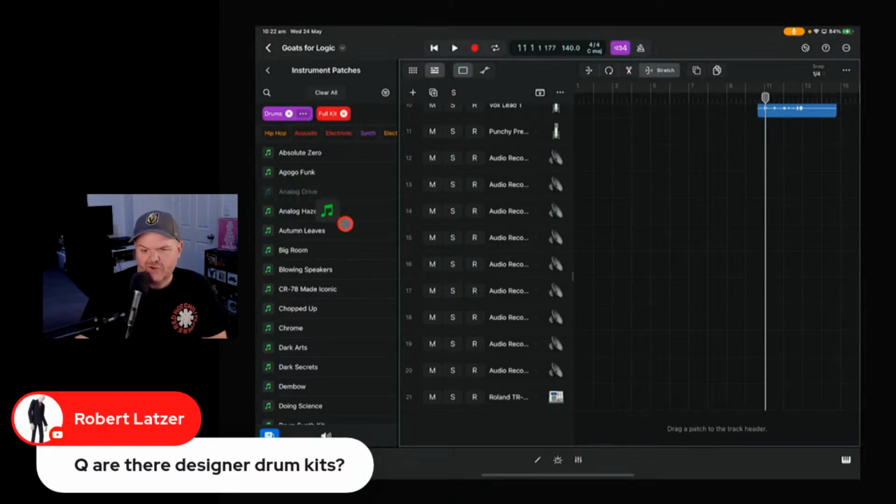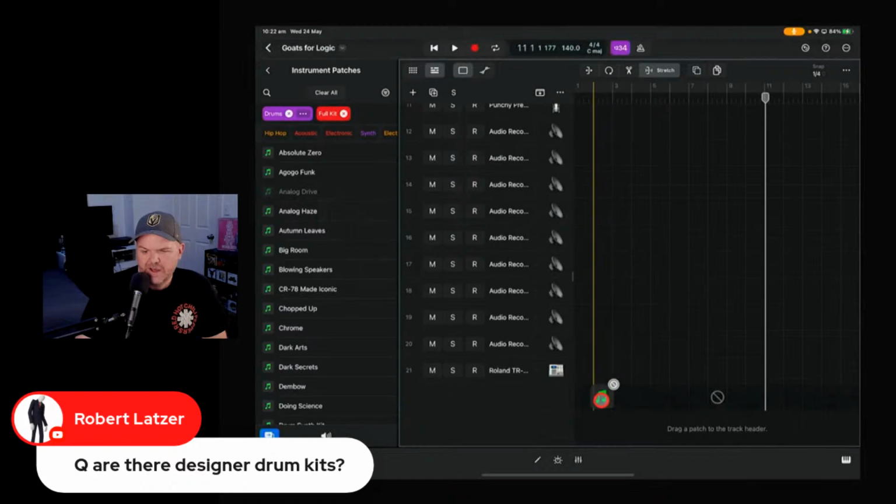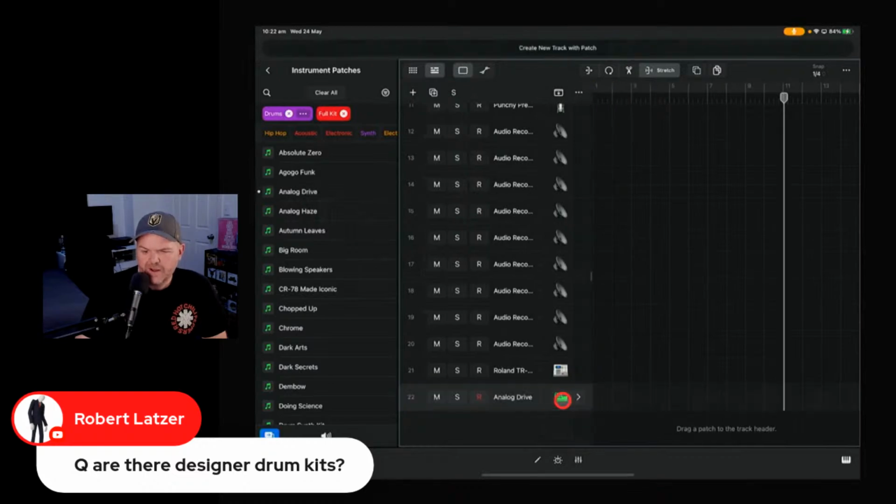All right. And what we need to do is grab that analog drive and drag it onto a new track. So everything's drag and drop here, right? So we'll drag that onto a new track like that, but not over here because that's not going to work. We need it over here. And then that's not the right one. That didn't work. It should ask me for drum kit designer. I think because I've done a whole kit.